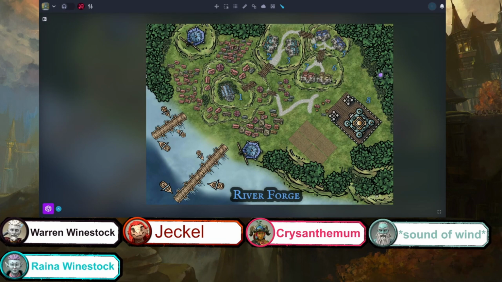You're turning and stepping away from the counter when you see a sea elf in battle leathers and a robed air genasi walk through the doors. Yeah.